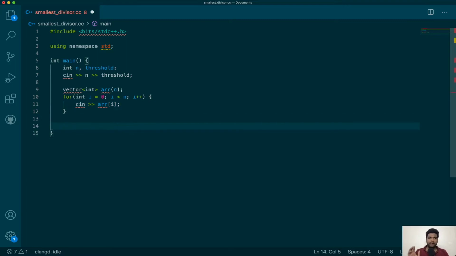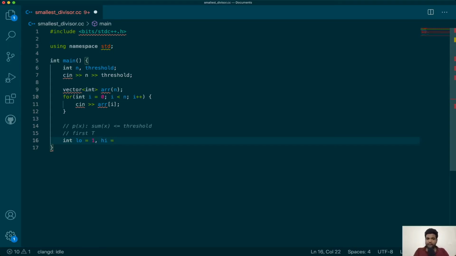Next, I will start my binary search. If you remember, what was my search all about? My predicate was, is the sum with this divisor less than or equal to the threshold? And I was looking for the first T. This is what I'm looking for. So I'll go ahead and declare my low. Low is 1 because my search space was from 1 to the largest element in the array. So I will initialize the low to 1 and high to the largest number in the array.